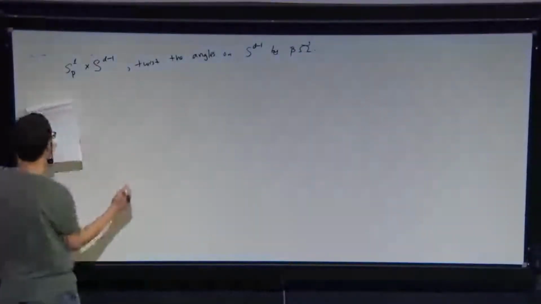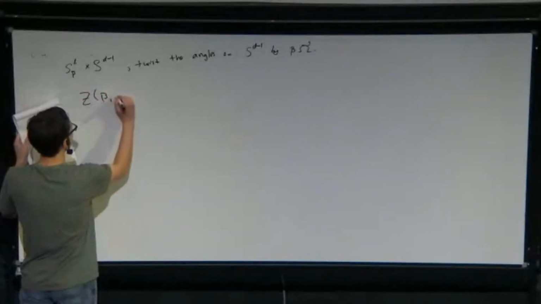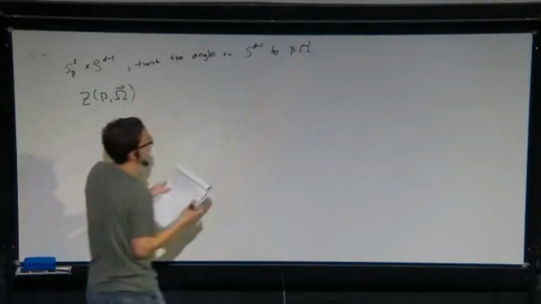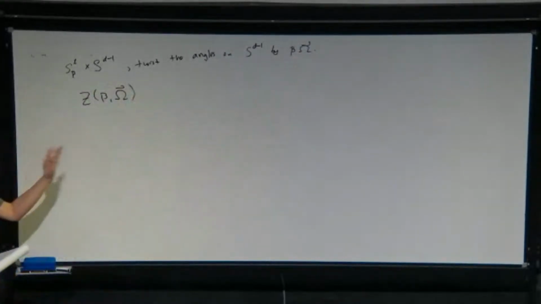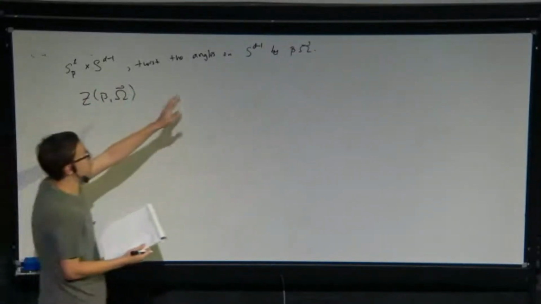Okay, so this is the geometry we're going to put our theory on. And we're going to compute the partition function as a function of the temperature and these angles. These omegas parameterize the different angles. In high dimensions, there could be d over 2 of these. This is the dimension of the Cartan of SO(d).